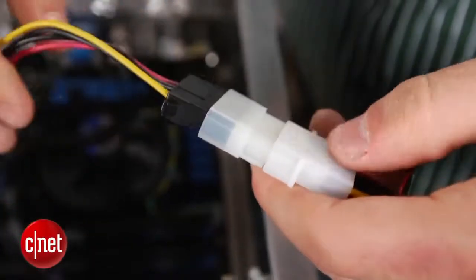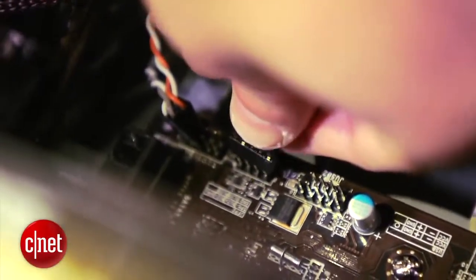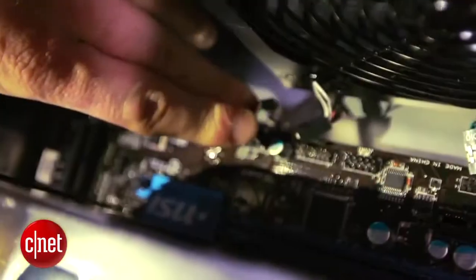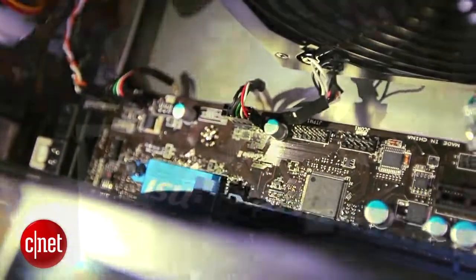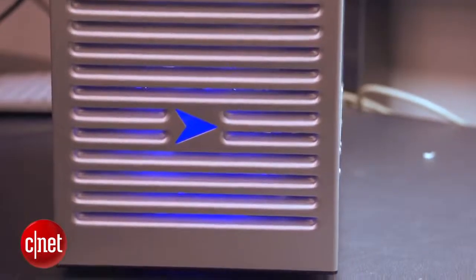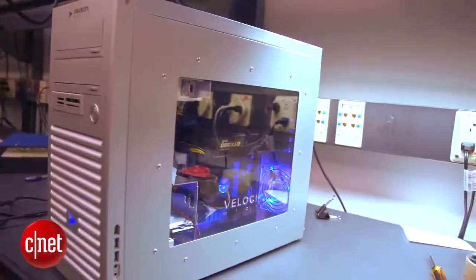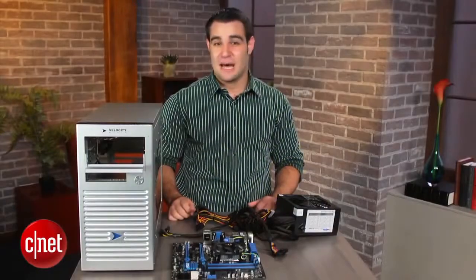The power button and LED light will either be a 1 or 2-pin connector, and they will plug into the first 8-pin header on the motherboard, while the 8-pin front-facing ports plug into their corresponding sockets. Close the system up, plug it in, and if everything is installed properly, it should power on once you hit the button. For a more in-depth guide on building your own computer, including detailed steps for installing an operating system,